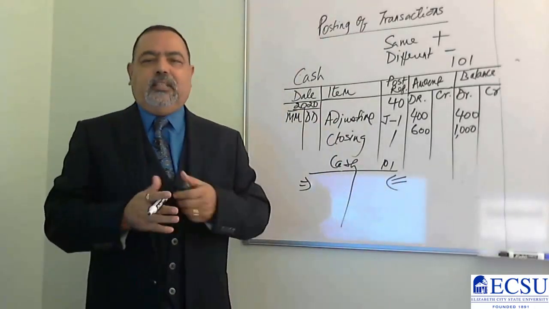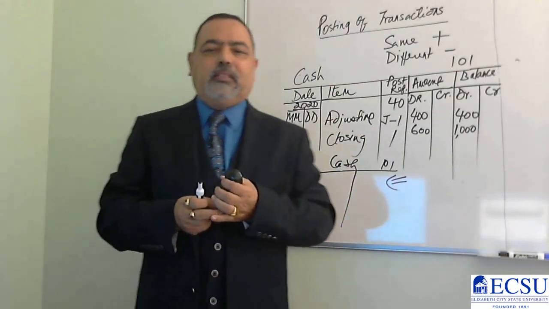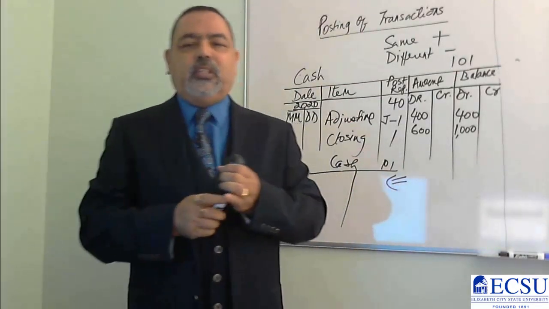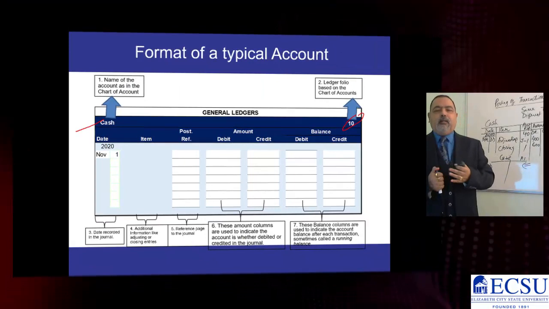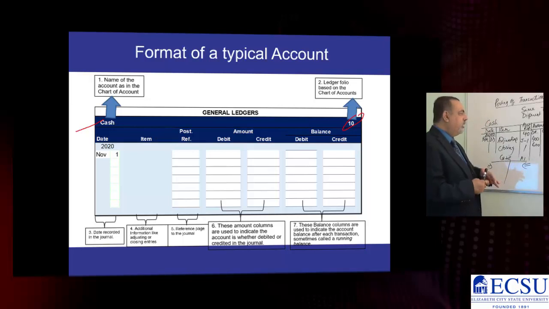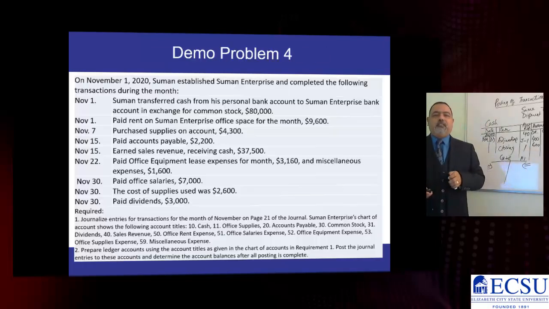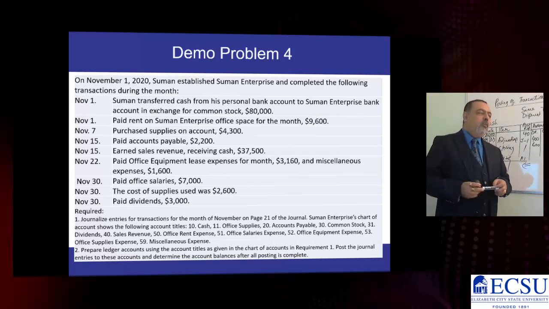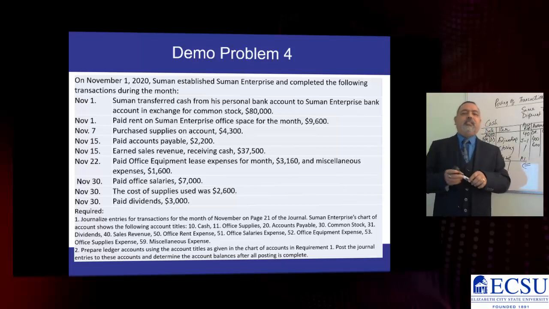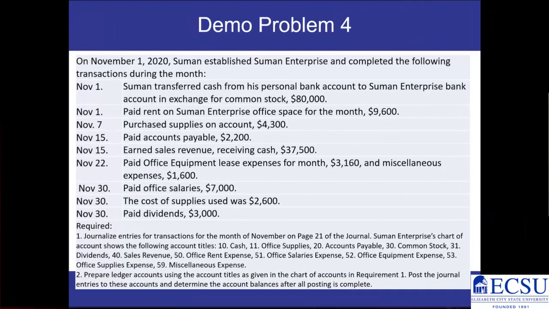So these balance columns are used to indicate whether the account has a debit balance or a credit balance, and will be calculating a running balance as you just saw here. So that is the format of a typical account. Now I'm going to show how posting is made. Let's just take the problem. Read the problem. It says